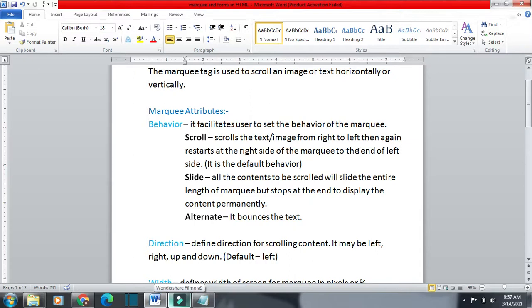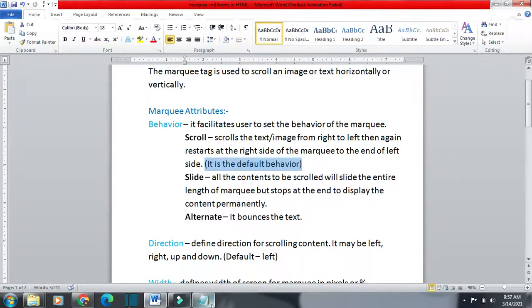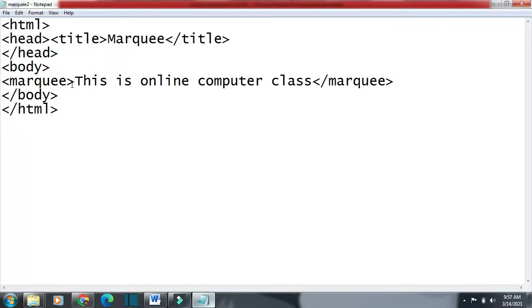It will go to the end of left side and then again it will restart at the right side. It is the default behavior, means if you will not provide the behavior, it will automatically take this behavior. You can see in the code, I didn't provide any behavior. This behavior was taken automatically.